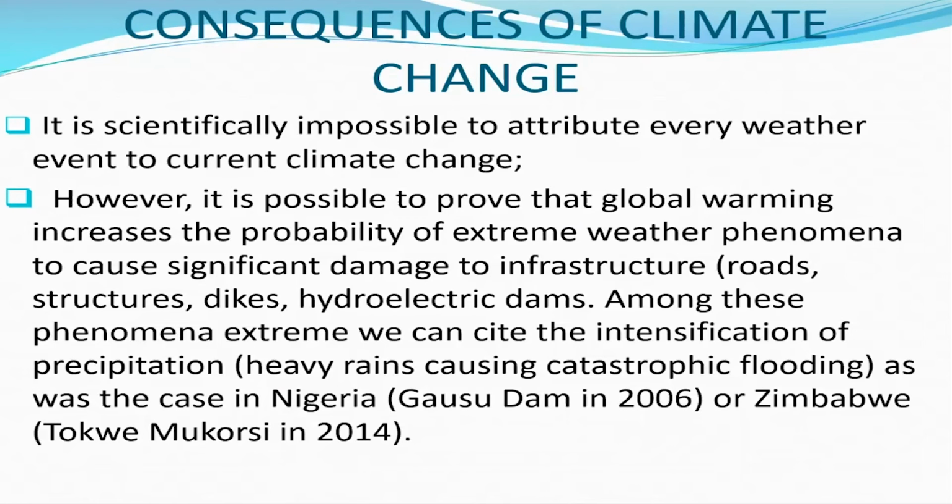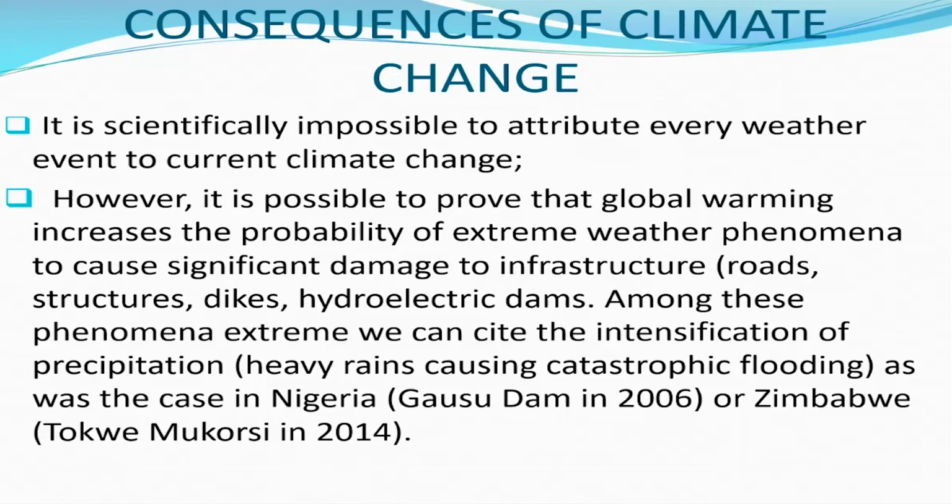What are the consequences of climate change? The consequences of climate change can be seen in this presentation. It is scientifically impossible to attribute every weather event to current climate change. However, it is possible to prove that global warming increases the probability of extreme weather phenomena causing significant damage to infrastructure, that is road structures, dikes, hydroelectric dams,